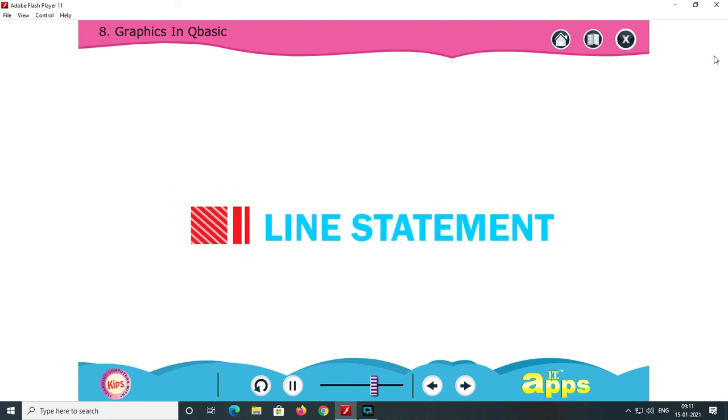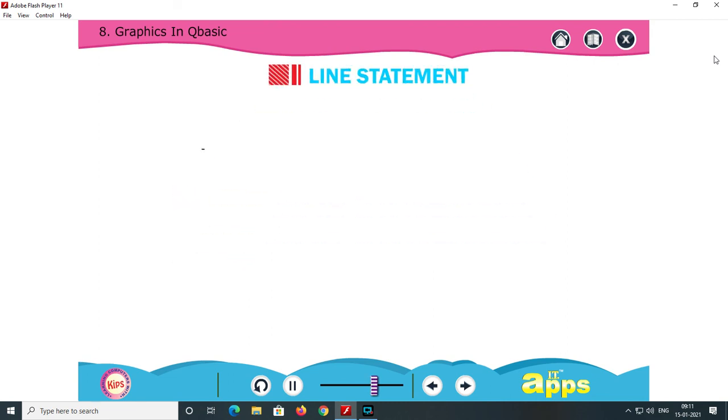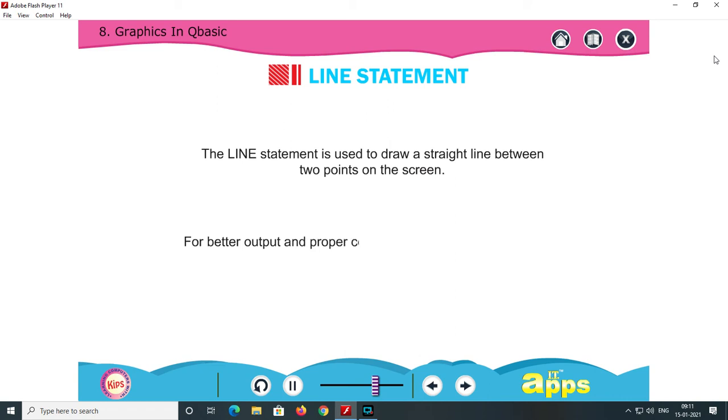Let us find out about the LINE statement. The LINE statement is used to draw a straight line between 2 points on the screen. For better output and proper colors, we should choose the screen mode that supports all the 16 colors given in the chart.